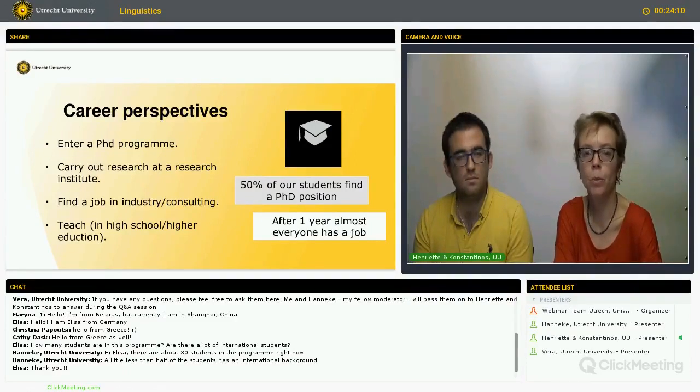And there is another group who ends up teaching either in high school or in higher education, like undergraduate colleges. And there also their research master training comes in helpful, because in the undergraduate colleges, of course, there's also strong research orientation. But anyway, the career perspectives are overall quite good.